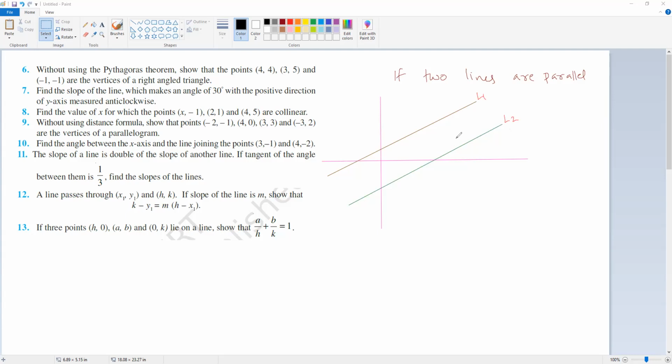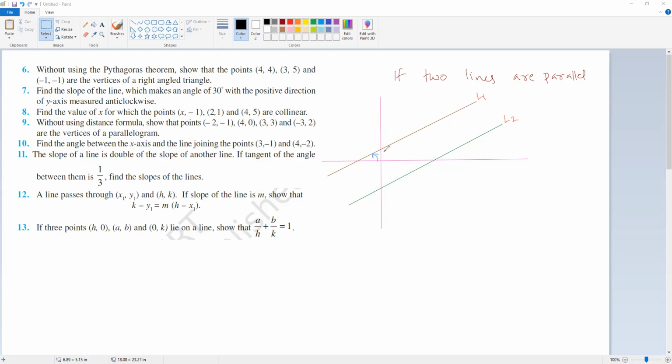What can you say about their slope? Tell me, what can you say about their slopes? Same slope. Reason? What is the reason? Sir, they are parallel and the x-axis will be a transversal,